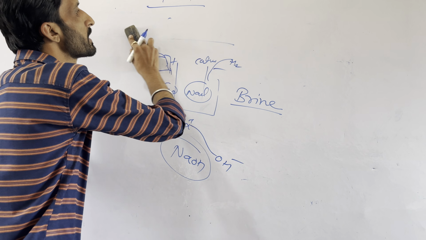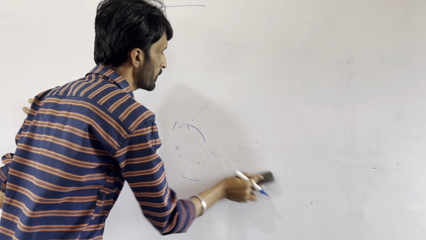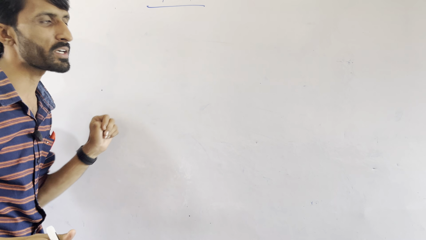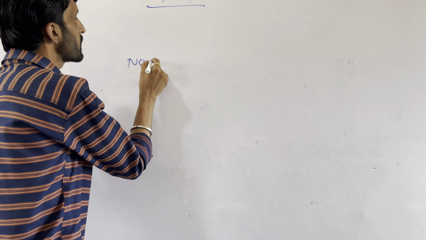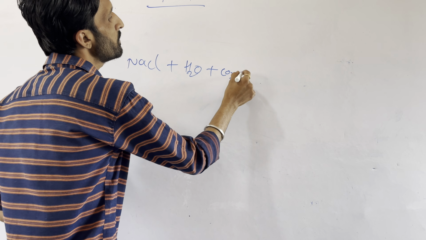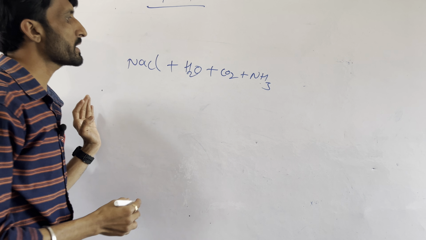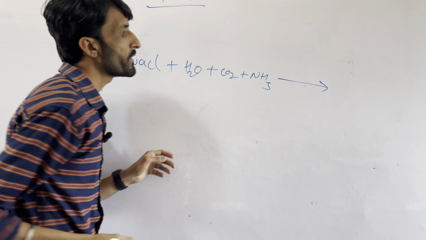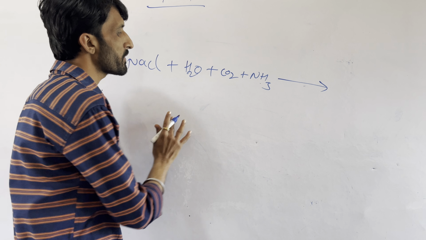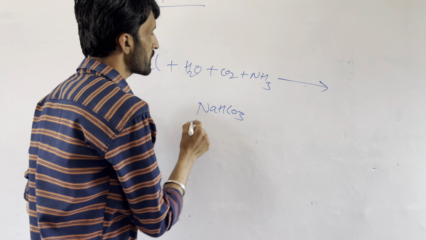Next we have another preparation which is called sodium hydrogen carbonate. For preparation of sodium hydrogen carbonate, we require 4 items. What are they? Number 1, sodium chloride NaCl plus H2O plus CO2 plus NH3, ammonia. So whenever we are taking these ingredients, what do we get? We have to remember the formula of baking soda or eating soda, whatever we are calling, sodium bicarbonate. That formula is NaHCO3. We already know that.